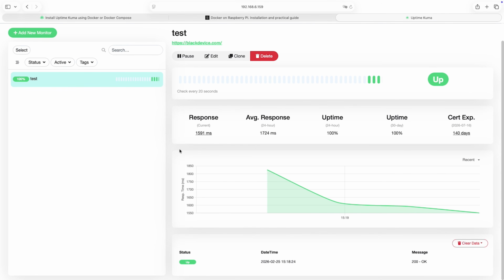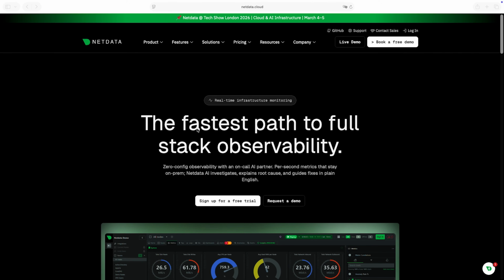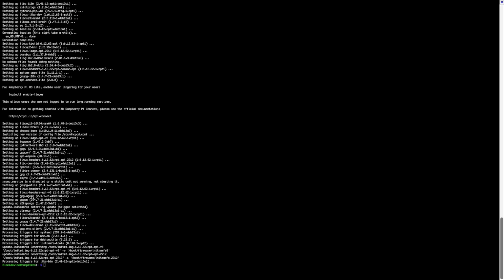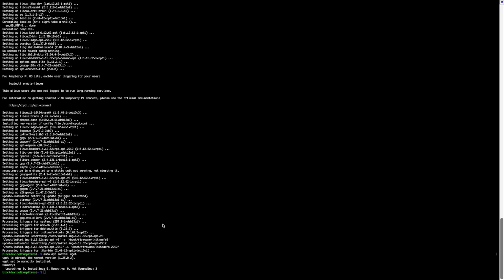The last tool we want to recommend is NetData, another monitoring service, but this one focuses on giving you real-time insights into your system itself. In this case, your Raspberry Pi 3. To install NetData, start by grabbing the Git tool, then download and compile the service, following the on-screen prompts as they appear.